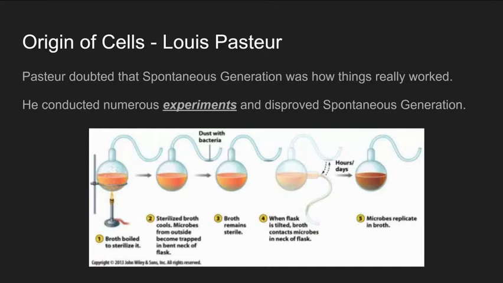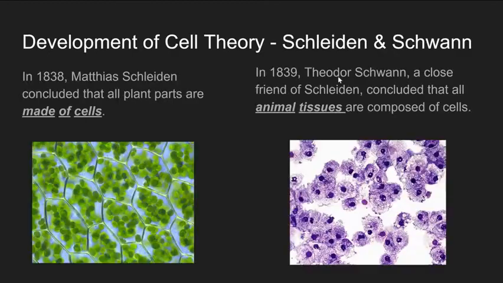And through a few other experiments, he basically found out that life comes from other life. Humans make other humans, dogs make other dogs, trees make other trees, bacteria make other bacteria, and so on. So this gets us to that point of cells: where is all of this life originating from for each living thing?